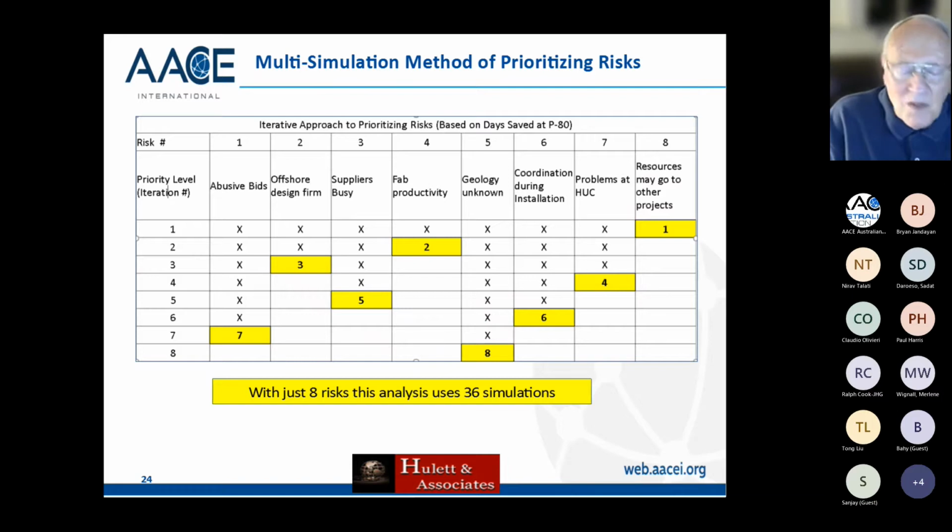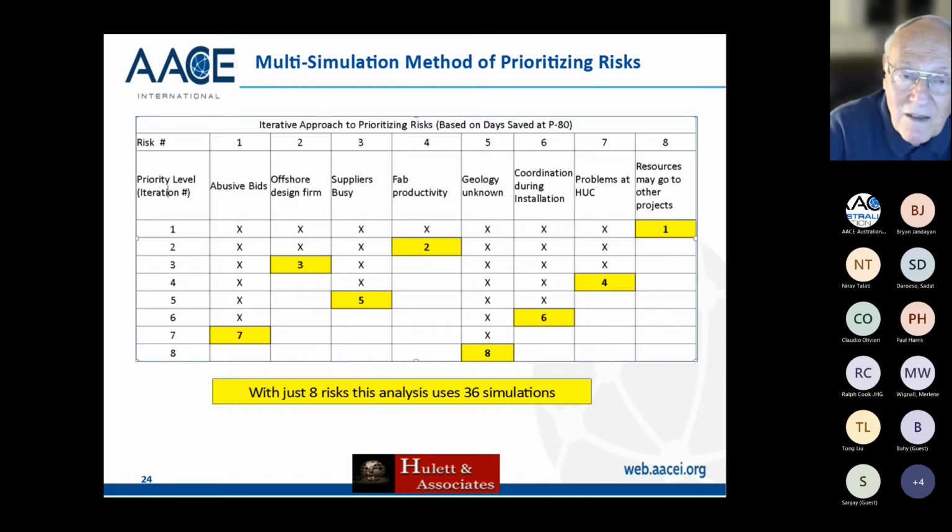So I'm doing multiple simulations. These are not iterations. These are simulations with a bunch of iterations. I tend to take the iterations back maybe to 1,000 or 2,000, whereas I have 10,000 for the overall total. Because even with this method, even with only 8 risks, I'm going to have to do 36 simulations. And if I have to do 36 10,000 iteration simulations, I'm going to be able to go and see a movie and come back. Well, maybe not, since I'm using fast software.